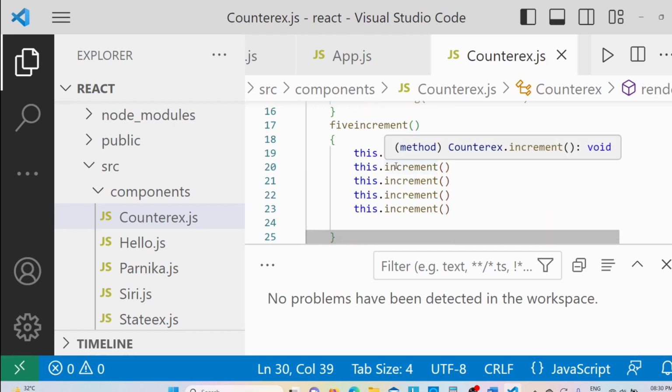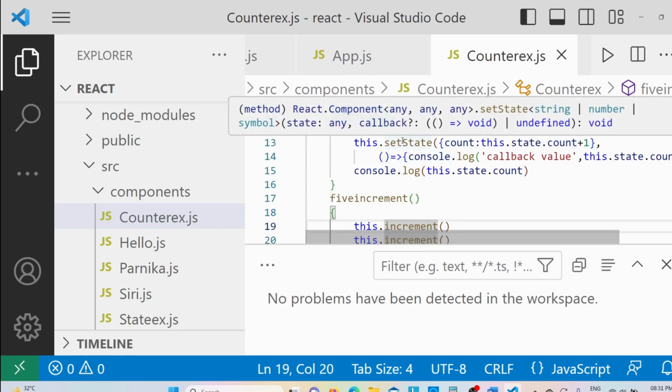In the 5increment method, you have the increment method called 5 times. The increment method has the setState method, so all the 5 setState calls are done in a single go, and an updated value does not carry over between the different